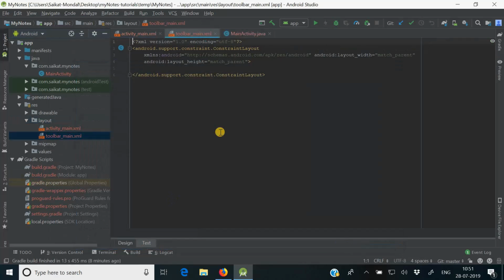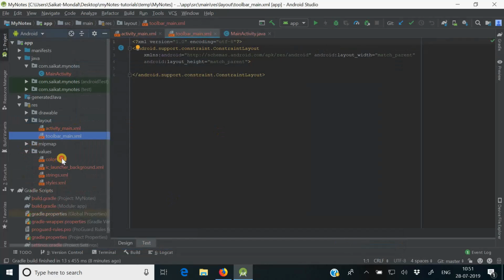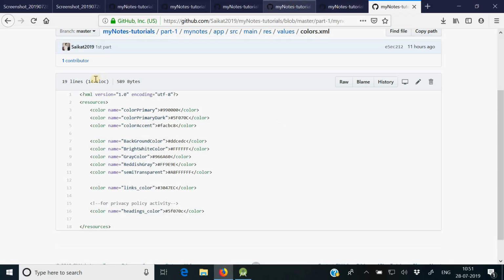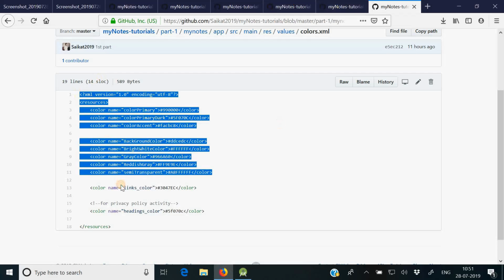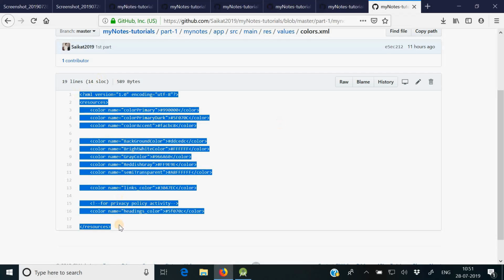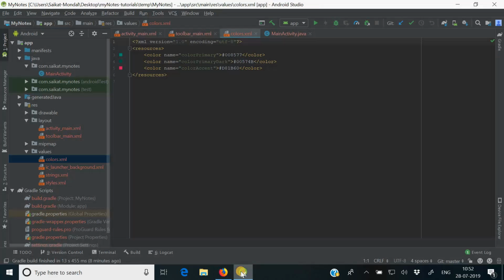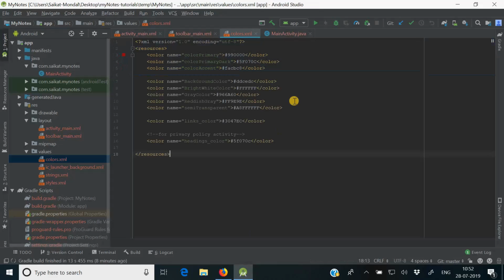Okay, so before going through this I will add some values here. Like I have selected some colors for this app, so I will just add those colors here. So here I've kept all this, so I'll also give the link to this so you can get your color. So basically these all are in the same repository. I'll give the link here, don't worry. So I'll just paste the colors here,